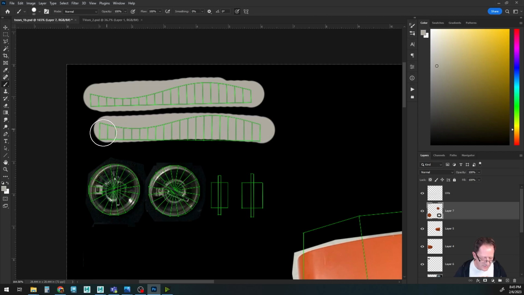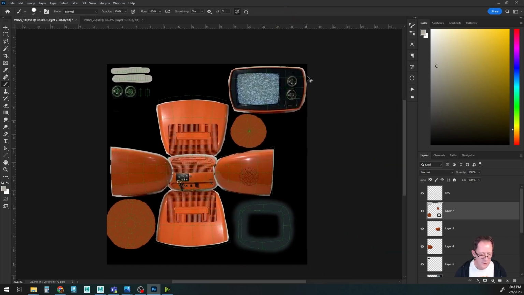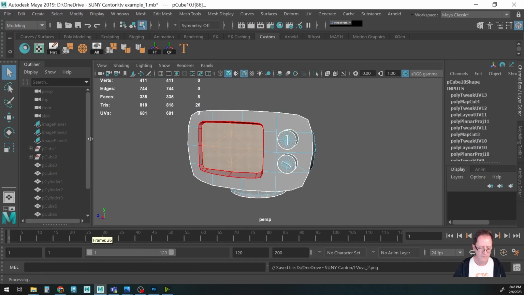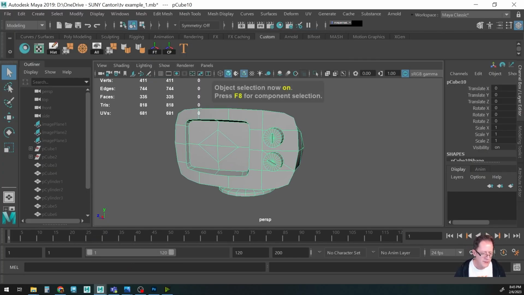Sometimes we just want to make temporary textures. Okay, so here is our temporary texture so far. Press Control S over here. That one's good. So now what we're going to do is we're going to link these into Maya. So we go back to our model. Here's our model, F8. Now we're going to go into our Hypershade,